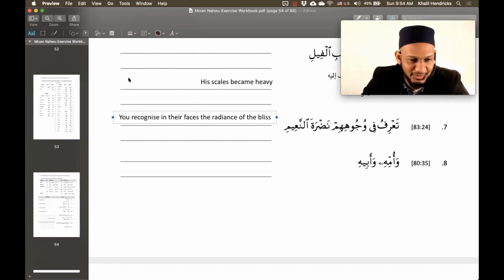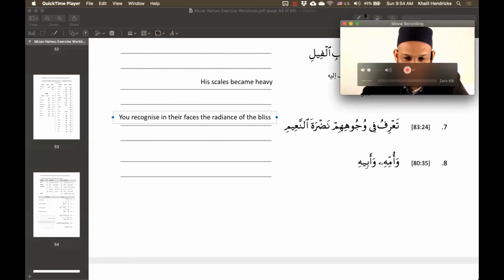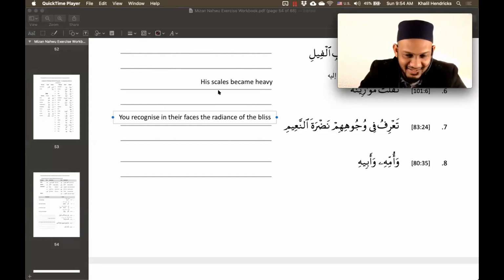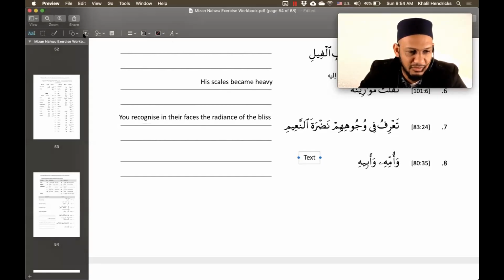Now let's go to the labels. I know the labels are tough. Yes, bismillah. Can I ask a question? Yes. Ta'rifu, that's the one that can have a double meaning, eh? Yes. Ta'rifu could mean she recognizes, or could mean you recognize. But is there any sign to tell us, or is it just context? The context, yeah. Nothing else but context.